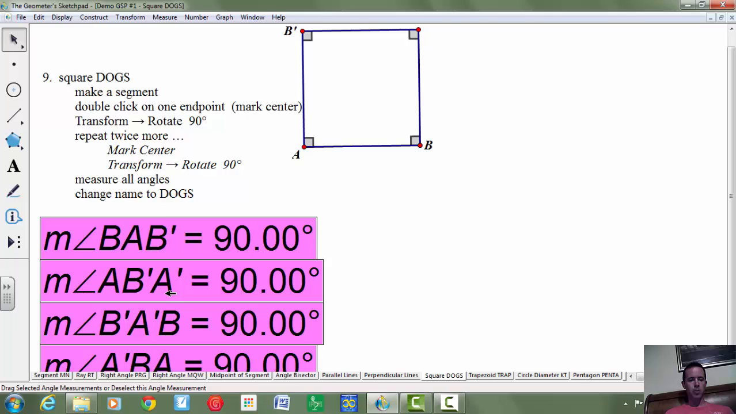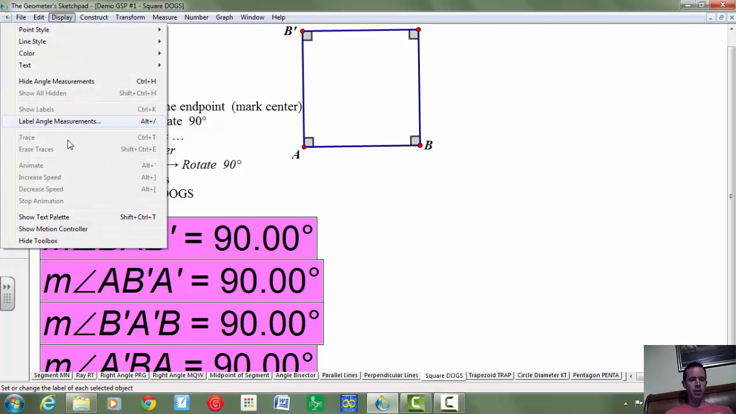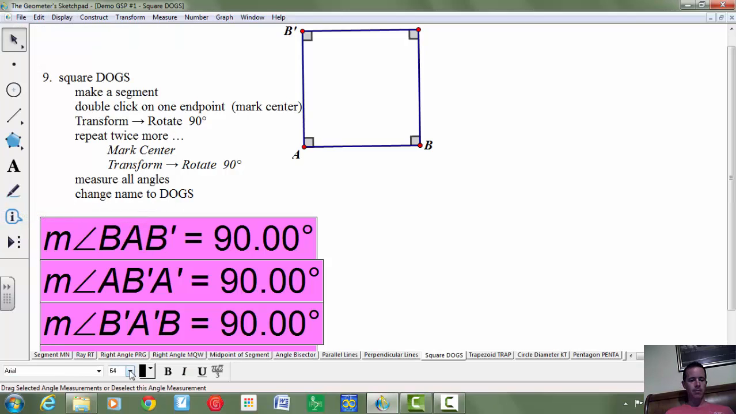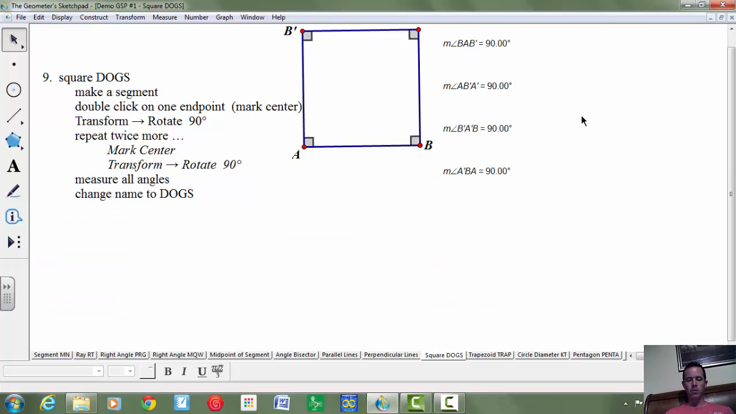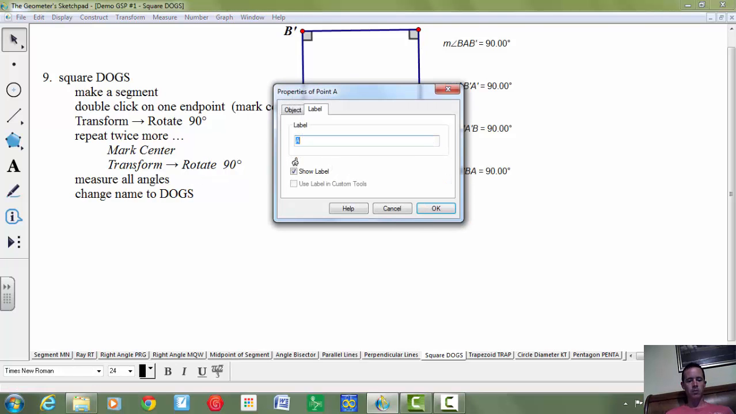And again, to make this a little bit smaller, I'm going to go to Display Text Palette, and I have now control over how big the font is, so I'll change it to 16. Move that over here. And it says last step is name all the points DOGS. So we're going to say this is